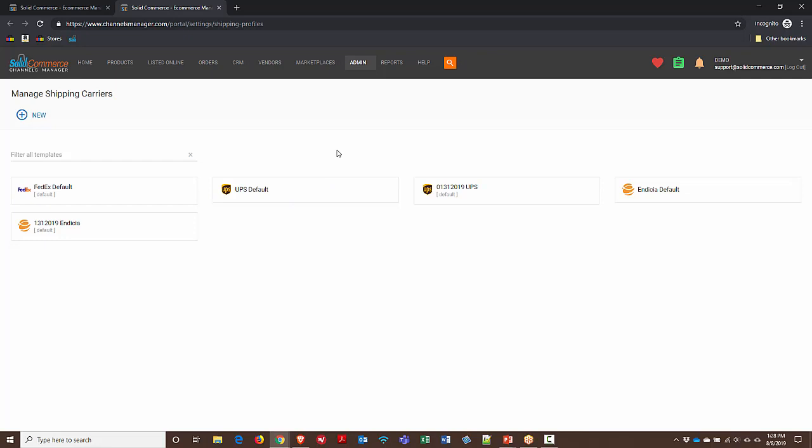Something else to note about Endicia is that the new order manager works with Endicia label server type accounts. And that's the preferred type of account that Endicia likes for API communication. But it will not work with the Dazzle account, which is the older type of account. The old desktop tool still interacts with Dazzle. Endicia prefers the label server account, so with our newer UI, we only interact with the label server type of